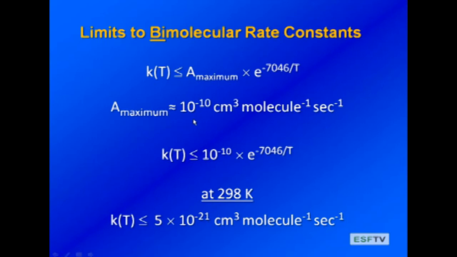It's roughly 10 to the minus 10 cubic centimeters per molecule second for bimolecular reactions. So for a bimolecular reaction, we can say the rate constant is less than 10 to the minus 10 multiplied